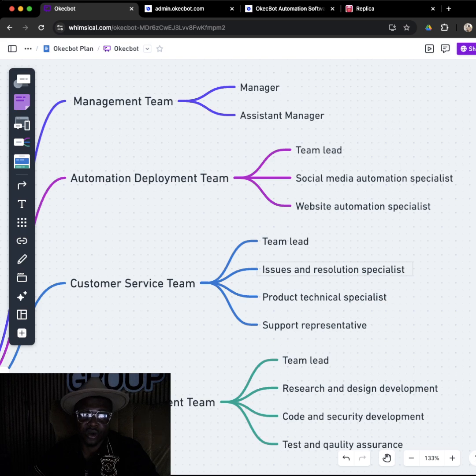Issues and resolution will come in whenever there are issues that require specific attention, maybe on an occasion of a dispute, on an occasion of account recovery, whatever kind of issues that a support representative cannot handle, and that has nothing to do with the person trying to learn how to use the software, the issues and resolution specialist will step in. I think one of the biggest problems with Okecbot is the fact that we don't really have, before